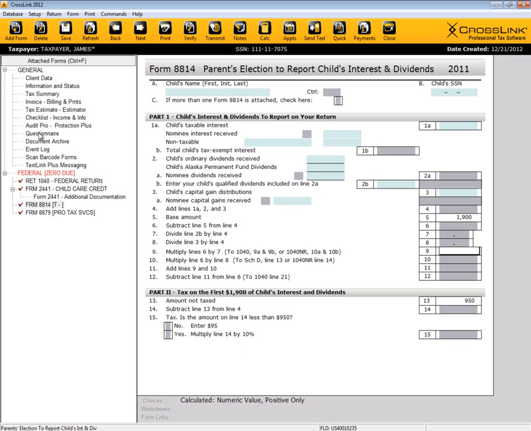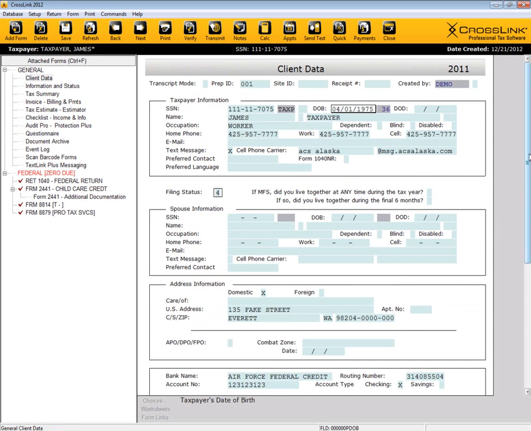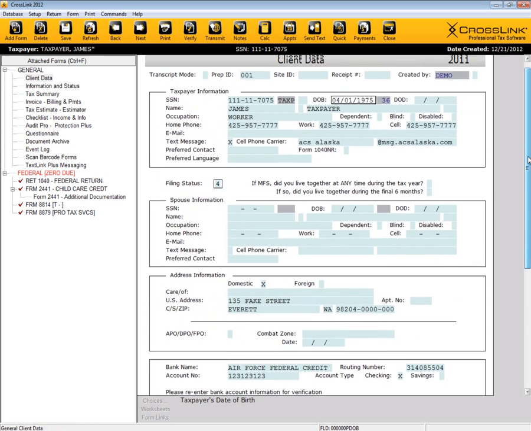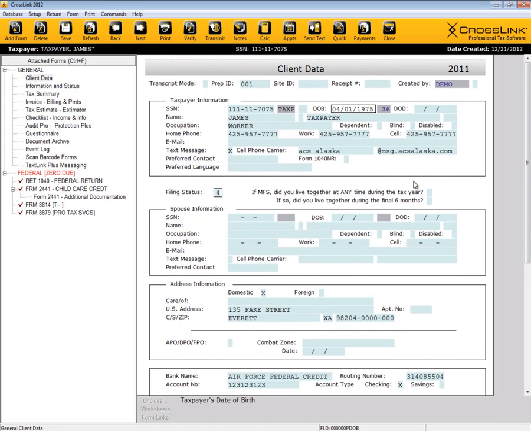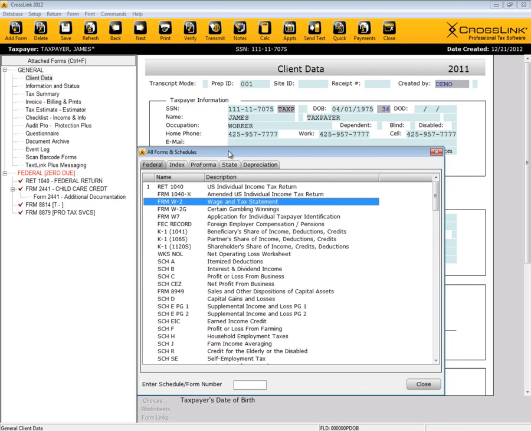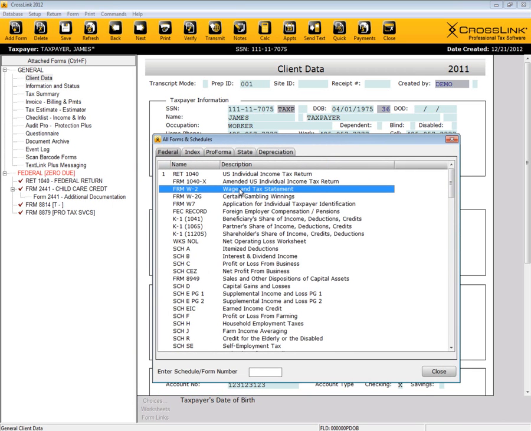Now that we're done entering the information on the client data worksheet, we want to add our primary source forms, our W-2s. So in the toolbar on the left, we'll click Add Form, and it'll bring us to our All Forms and Schedules window. Now notice we land on the W-2 because that's the most commonly added form. If we want to search for a specific form, simply just type the name, C for Schedule C, and it'll jump straight down to that. A for Schedule A,